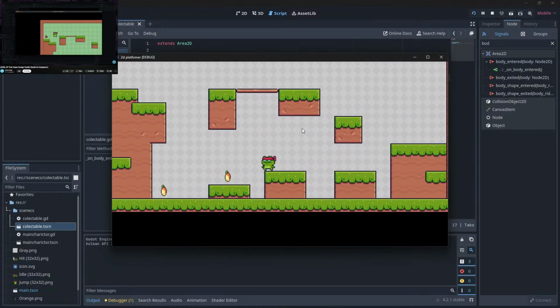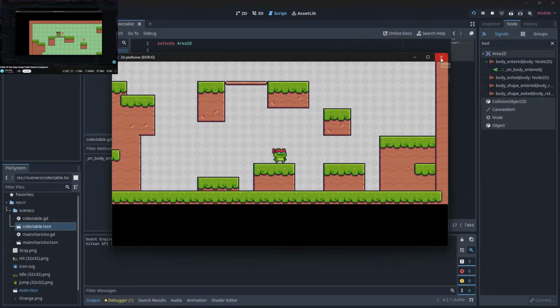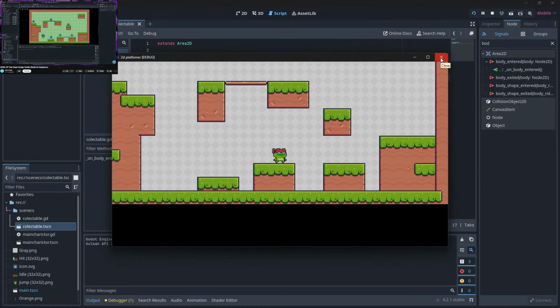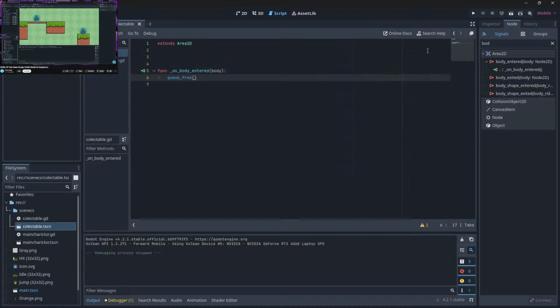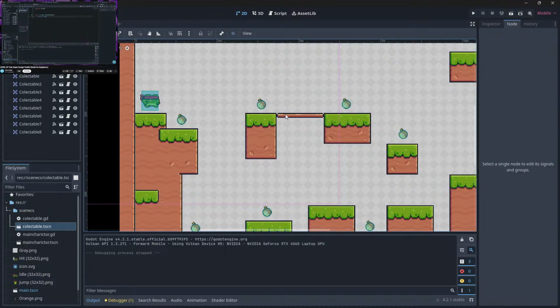But there is one small issue. You might have noticed that some of the cherries immediately disappeared on the game start. In my case, there are only 2 of them, but in your case, there might be even more. The issue is that those cherries collide with the ground and immediately destroy themselves. To fix that, we need to